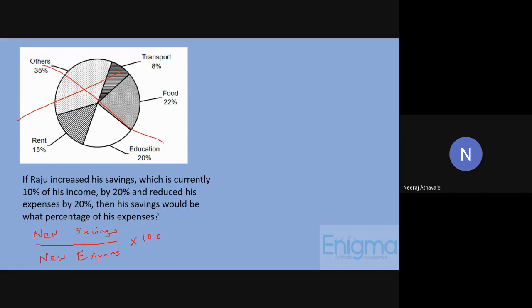Assume his total income as either X or you can also assume it as 100X. It doesn't matter. Okay, if you assume X, then many of the other terms will come upon 100. If you assume the total income as 100X, the fraction part would not be there. Okay, 30% is also wrong.